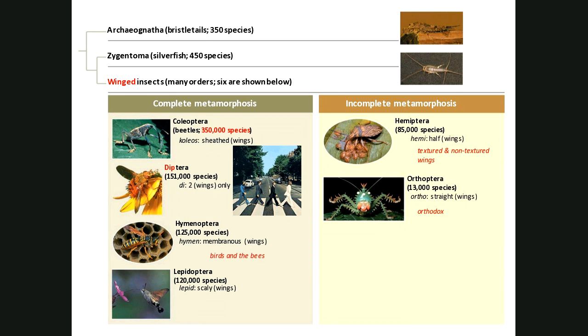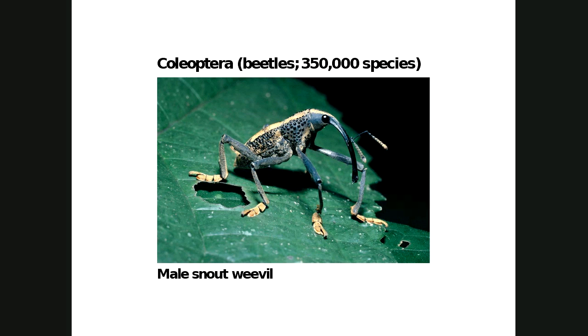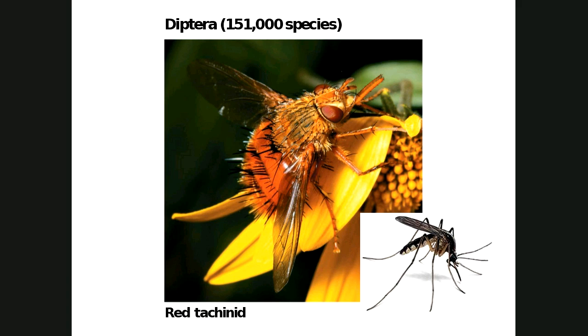Now, the ones on the left, the beetles and the bees and all that, undergo complete metamorphosis, and the ones on the right undergo incomplete metamorphosis. So the Coleoptera, that's a cool-looking guy, isn't it? The male snout weevil. See, his proboscis has obviously been modified for some sort of insertion into something, probably into flowers or somewhere to get his nutrients. It looks a little bit too big to be piercing. Oh, the Diptera, yeah, mosquitoes. That's who belongs in this group.